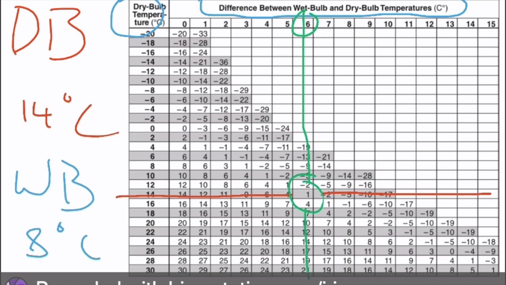That means that the current temperature out right now is 14 degrees Celsius. That's the dry bulb temperature. And based on how much water is in the air and how much water evaporated from the wet bulb, I know that I'd have to drop the temperature all the way down to 1 degree Celsius to make the dew point happen, to make a cloud here, or fog, or dew form on the grass.